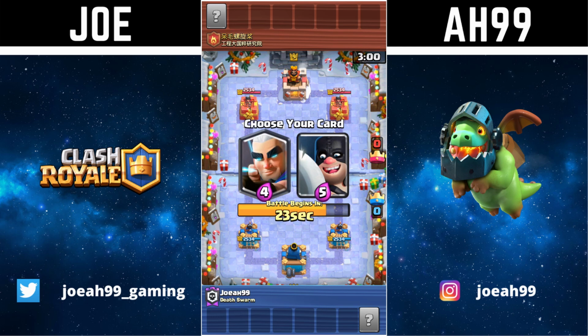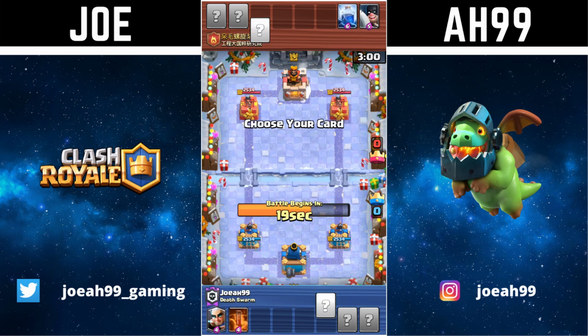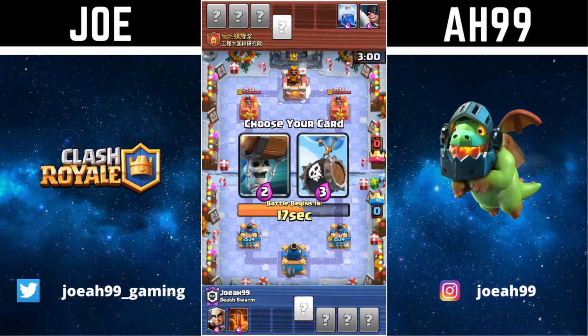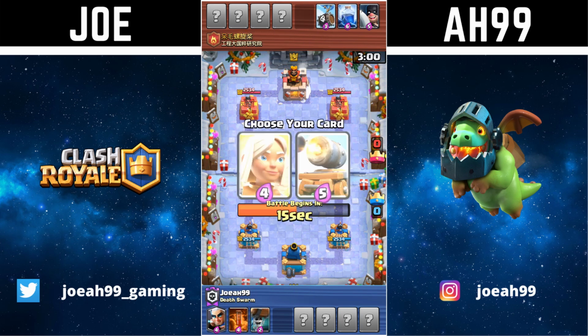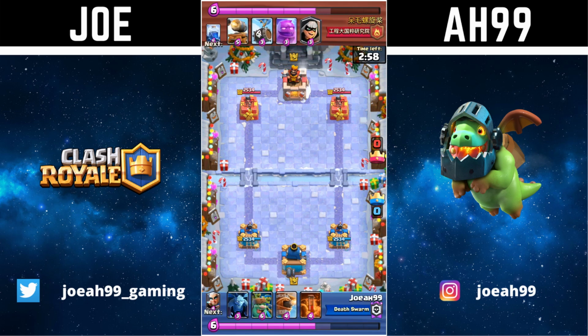Yeah, so in this meta, always Magic Archer over Executioner. Executioner is a decent card if you had to pick it over something else, but Magic Archer is just so OP. And yeah, Wall Breakers over Skeleton Barrel, obviously, and Healer over any card in the game. So yeah, we got...